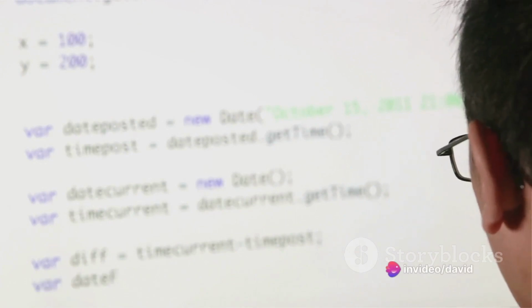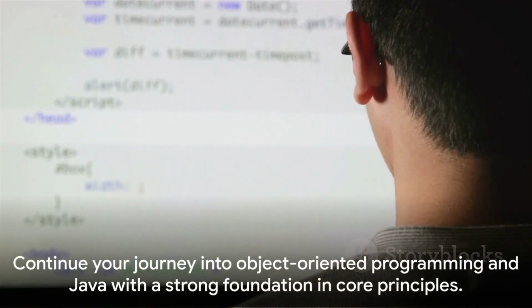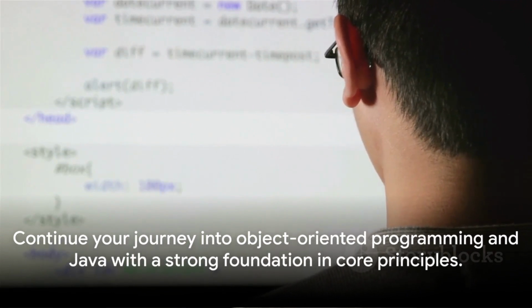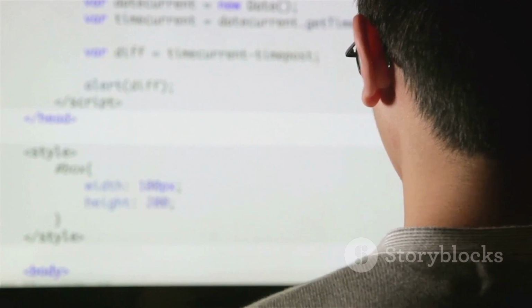Then we ventured into the realm of Java, understanding its different program types, the compilation process, and its unique features such as simplicity, robustness, security, and platform independence. Understanding these concepts forms the foundation for your journey into the world of object-oriented programming and Java. Keep exploring, keep learning,